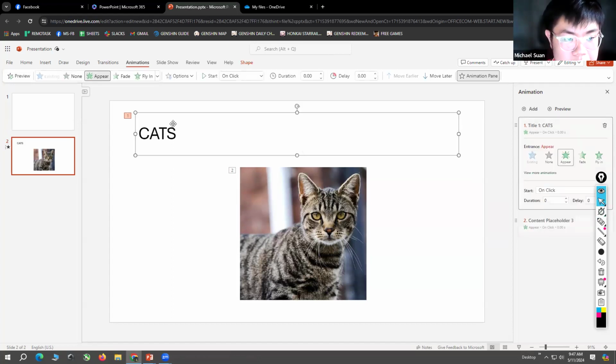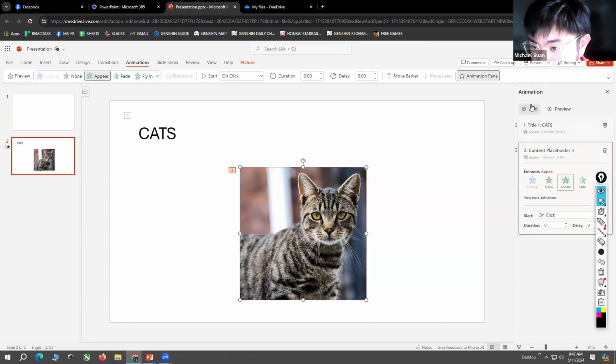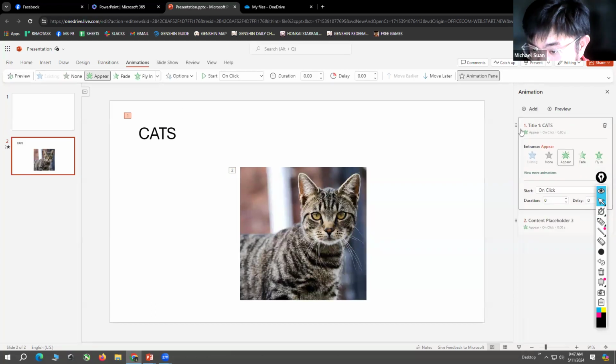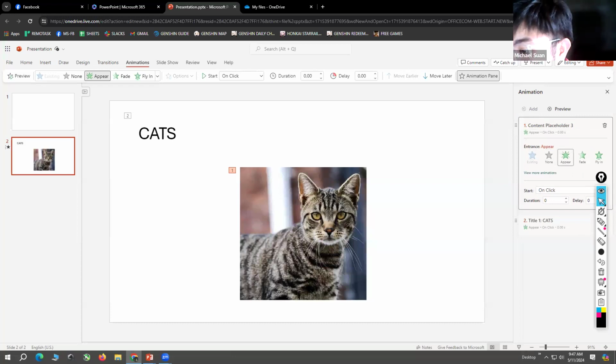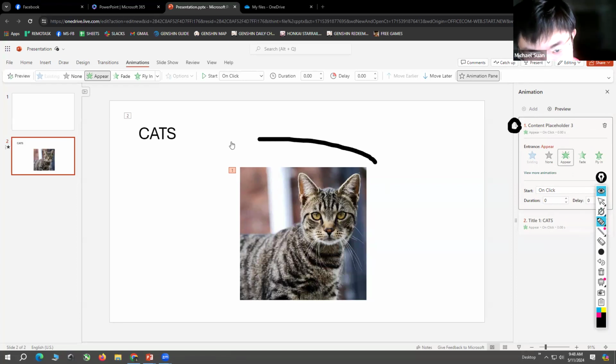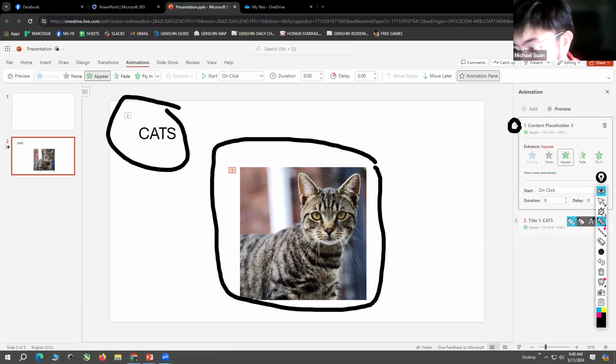So if you want, you can also change this. You just click on this button, hold, and drag if you want to change the sequence. So say for example, you want this image to appear first and then the word next.